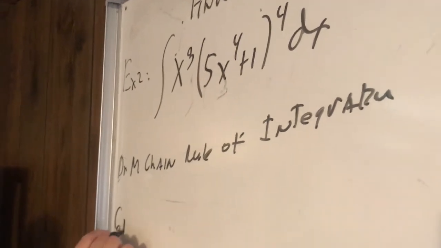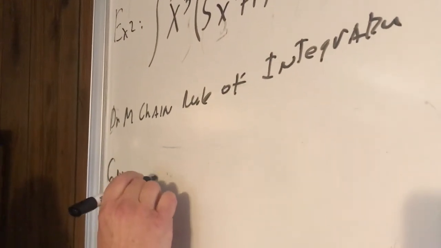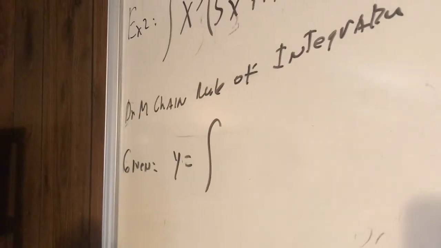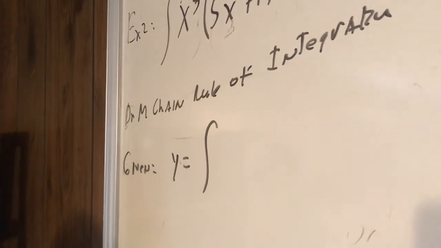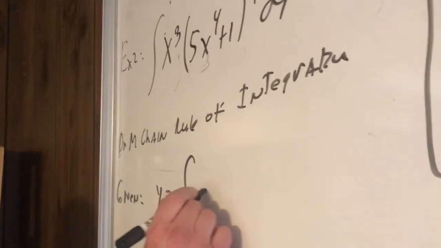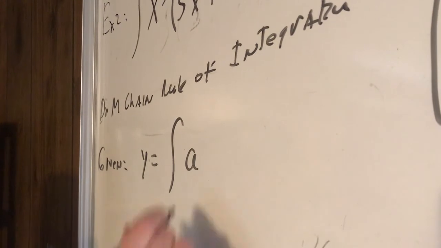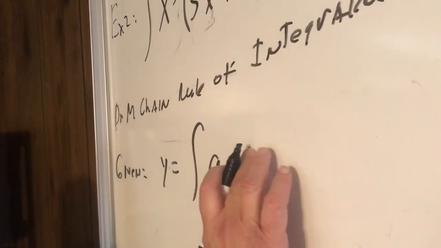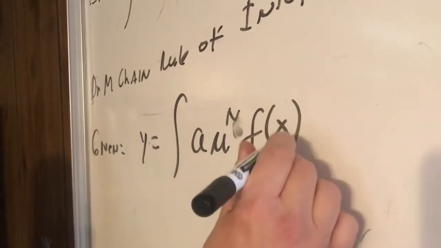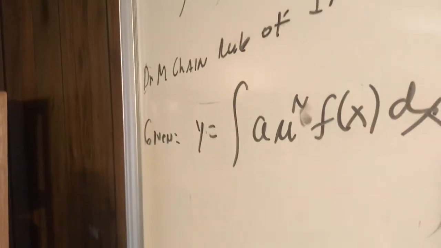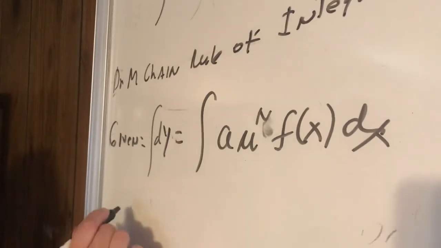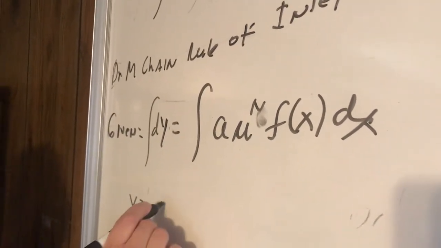Okay, so let's say we're given this. y equals the integral. Let me get my formula down here. I want to put it in the way I did it. a u to the n times a function of x dx. I want to integrate that. So let's say this is dy and that's an integral. So y is going to be equal to a,